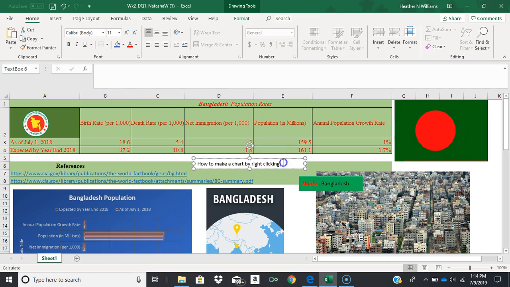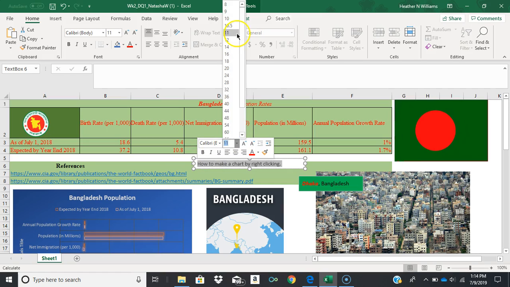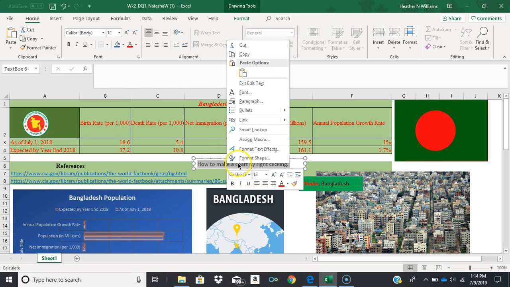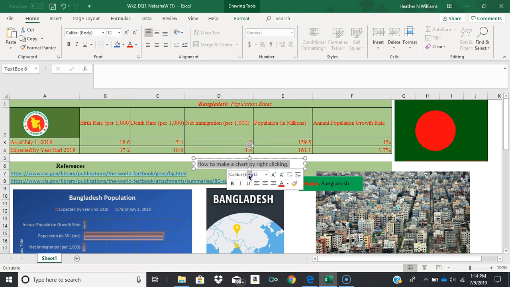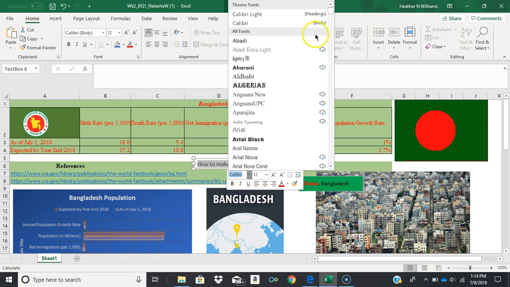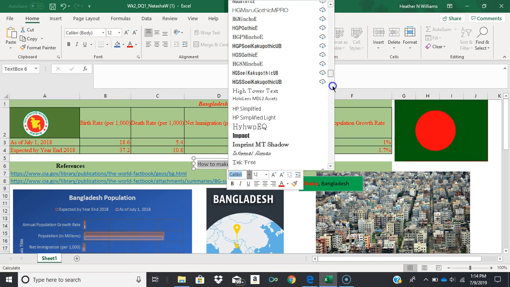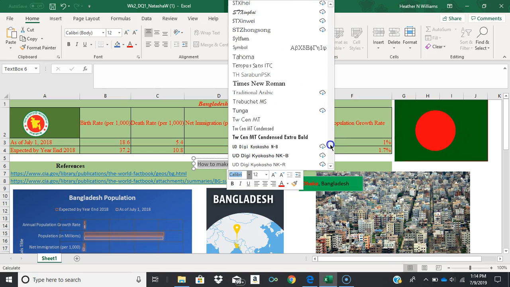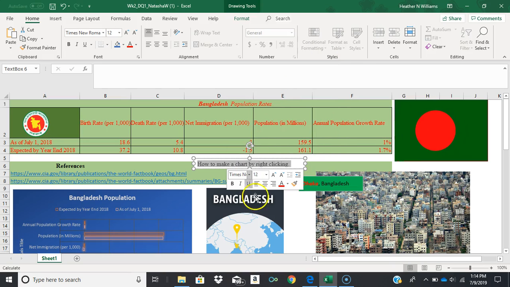And then you just highlight that, format it the way you want. Some people like different fonts. Some instructors want Times New Roman for everything. So you go down here, Times New Roman 12, make the things red, make it bold,